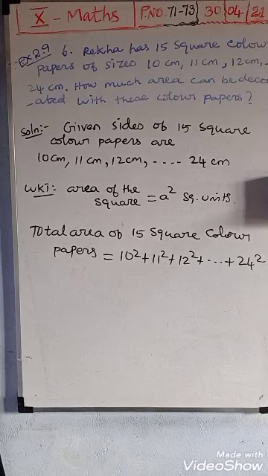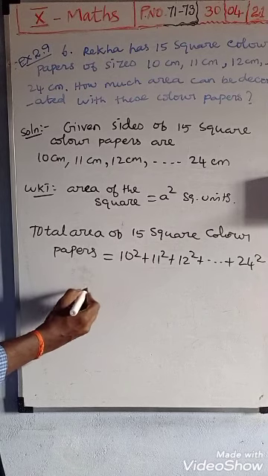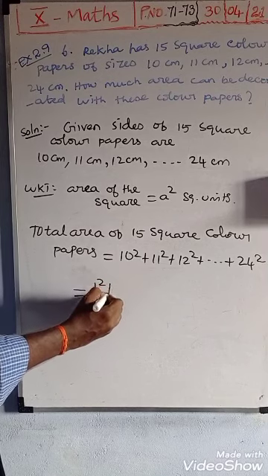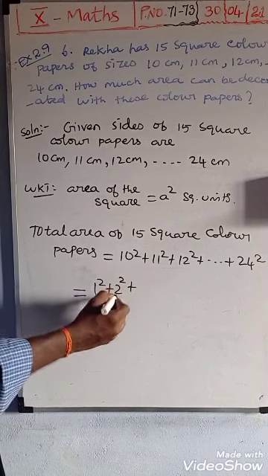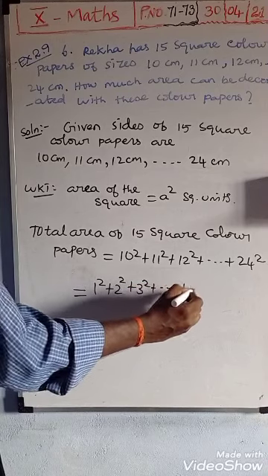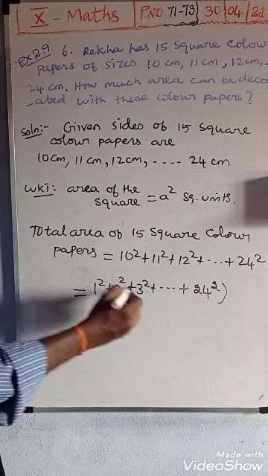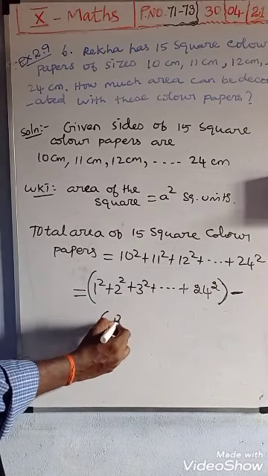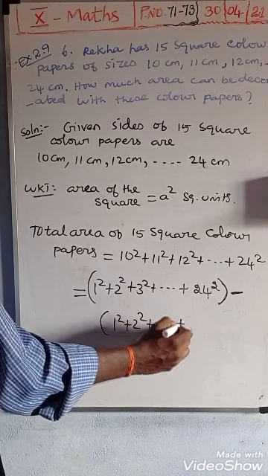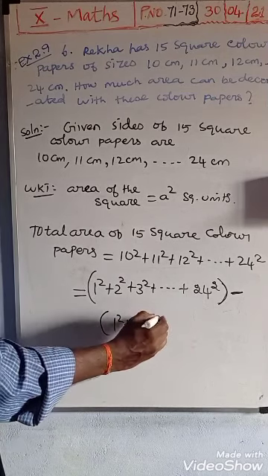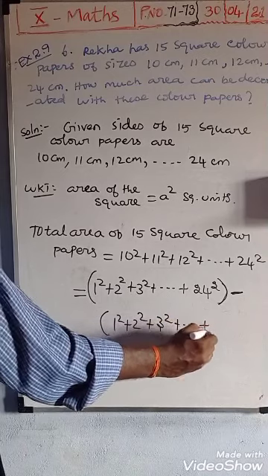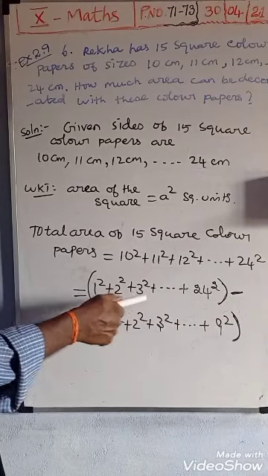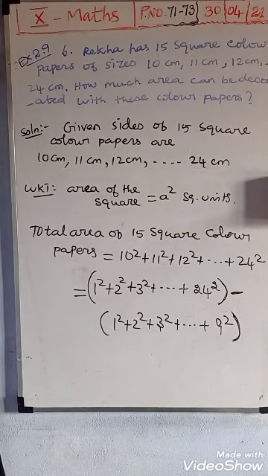Then in this series, how can we change it? We already did this kind of sum, already like that sums we have solved. So first we can start with 1 square. This series you can change and write: 1 square plus 2 square plus 3 square up to plus 24 squared. So 1 squared you should start, the last number you should write 24 squared, minus how many terms are missing: 1 square plus 2 square plus 3 square up to plus 9 squared. Before 10, the 9 square terms are missing. So you should add and subtract, and in between you will get that value.